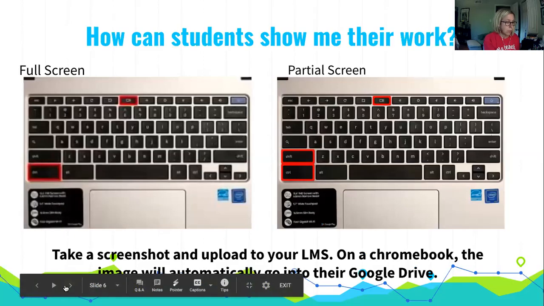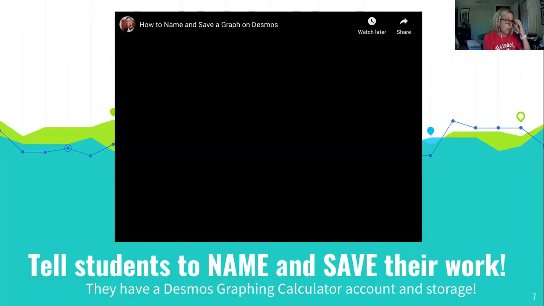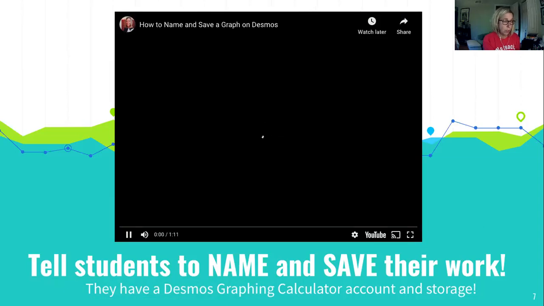And there's some screenshot information, which I'll skip because we're all using Canvas now. They don't really need to take a screenshot, but if you needed a screenshot. So I've got here something you can actually share with your students on how to name and save a graph